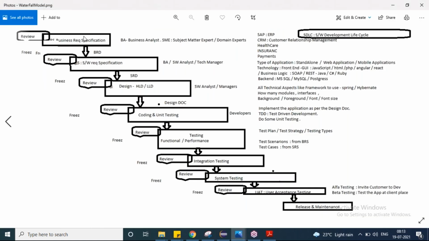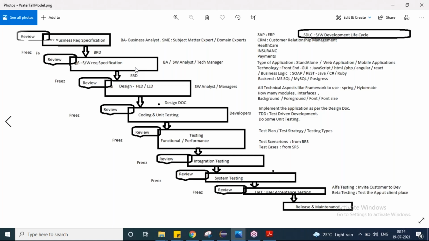See, in this, we as a software team, we started our journey and we already crossed two stages. So once we cross the second stage, what is the second stage? Business requirement specification document. Now, the output of your second stage is your SRD, right? And at this level, some more details will be decided, right? What kind of application you're going to develop? Is that a web application? Is that a mobile application? Is that a standalone desktop application? Kind of things, right?